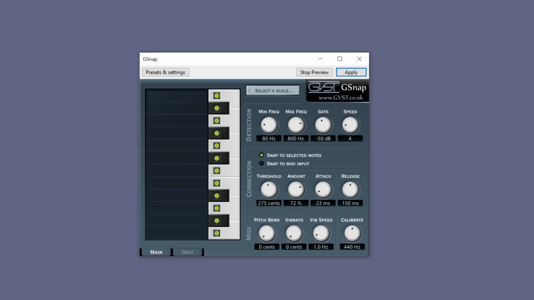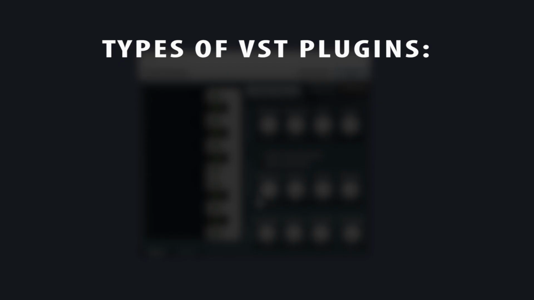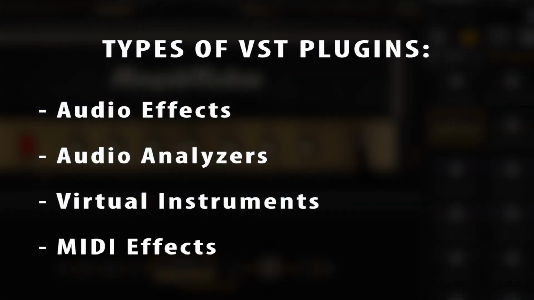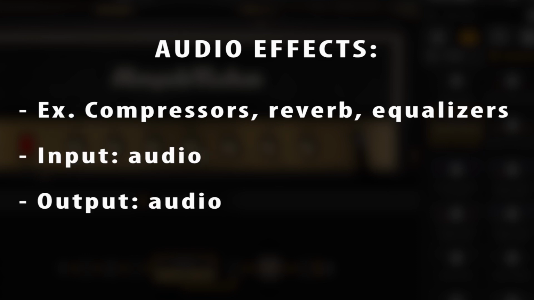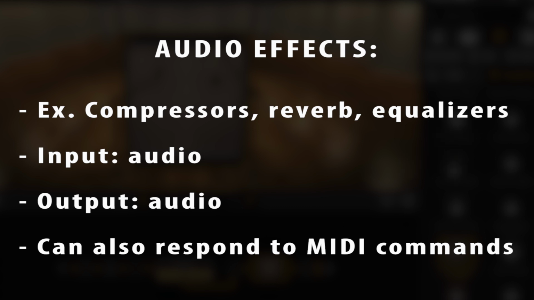VST plugins have numerous different types of functions that can be used in a digital audio workstation. Broadly speaking, VST plugins can be classified as audio effects, audio analyzers, virtual instruments, and MIDI effects. Audio effects plugins are things like compressors, reverbs, and equalizers. They take in an audio signal and send out an audio signal at the other end, but are also capable of responding to MIDI commands to tweak their controls on the fly, such as we would do with automation or